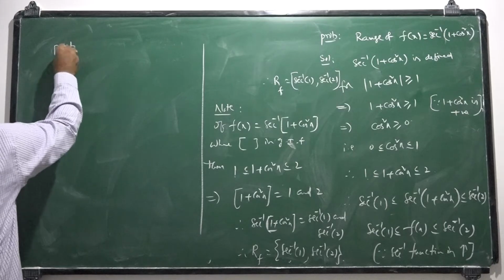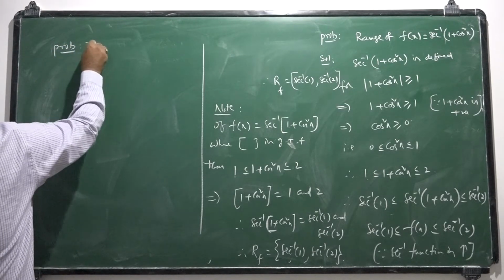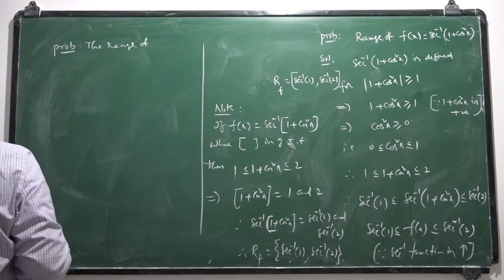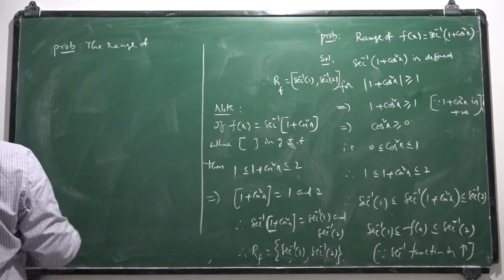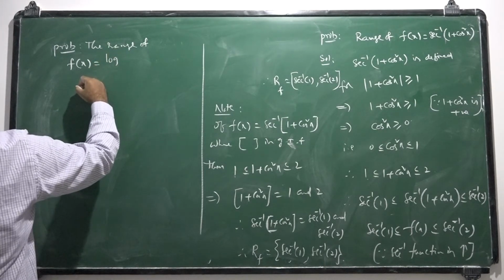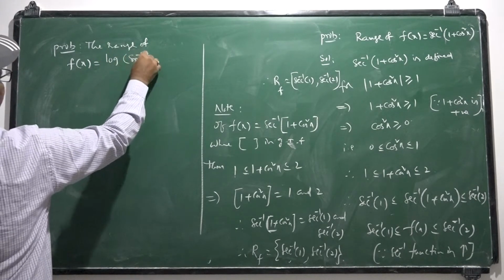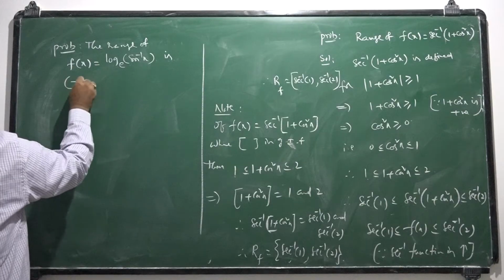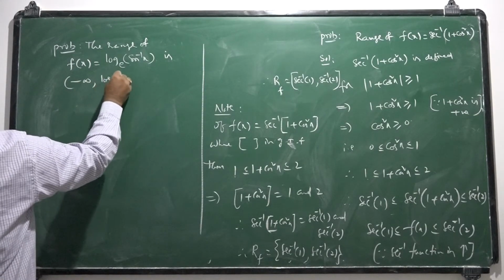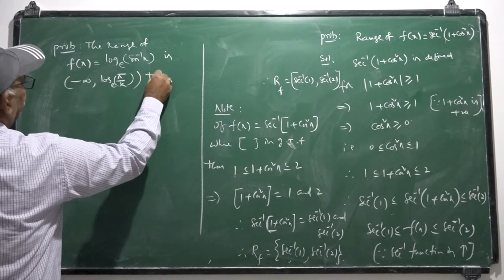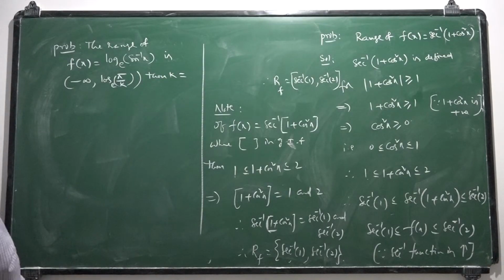Next problem. The range of f(x) equal to log of sine inverse x to the base e is minus infinity to log pi by k to the base e. Then k equal to...